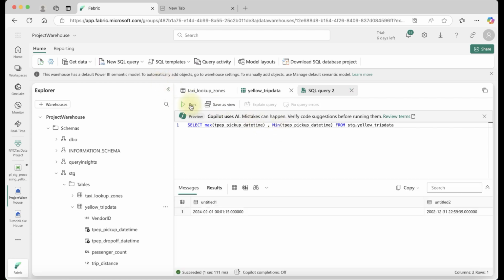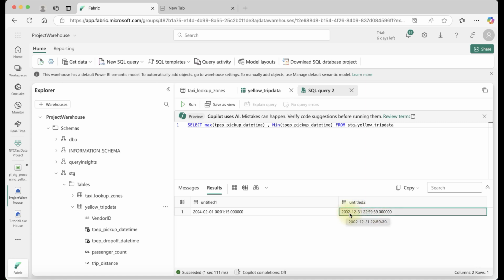Run this, and you can see the maximum datetime falls in February, but I want only 1st January 2024 to 31st January, and you can also see the minimum date falls in December